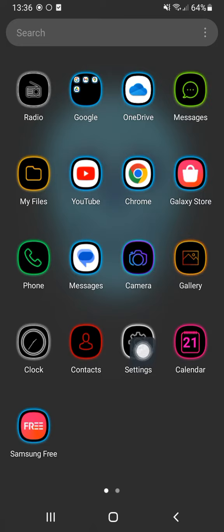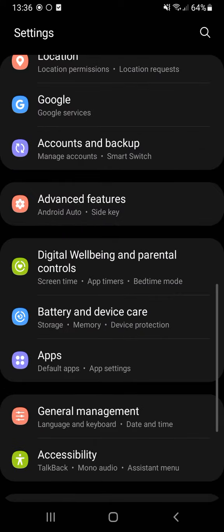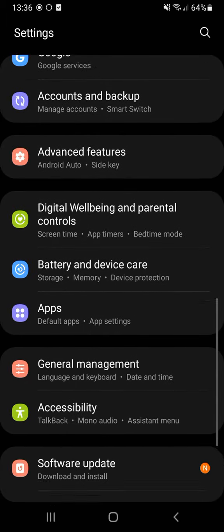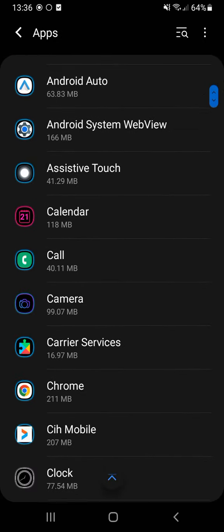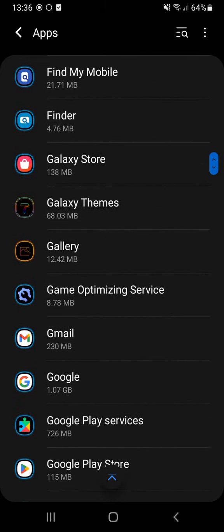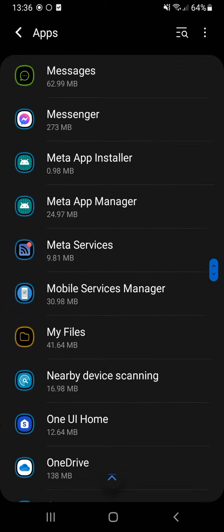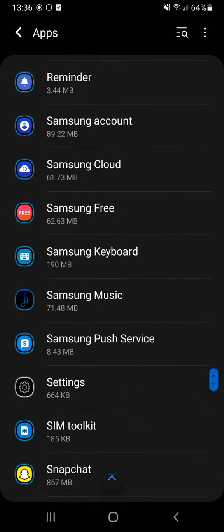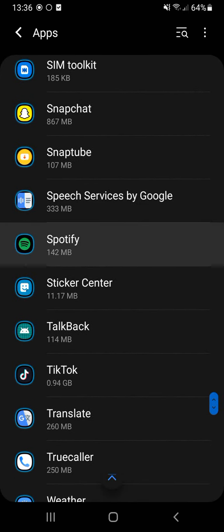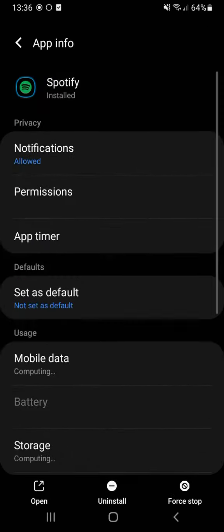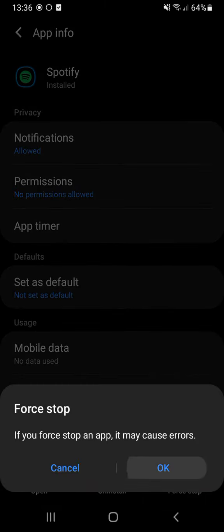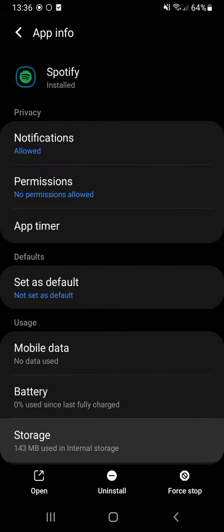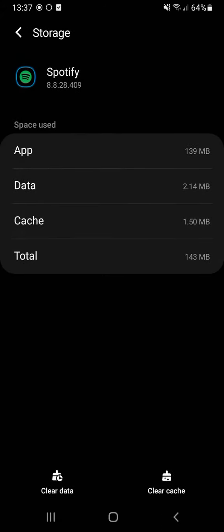So just click here on Settings, then you come to the Settings window and you just go down, you click here on Apps, then you come to the Apps window and you just go down here looking for the Spotify app here in this window. You just go down to find the Spotify app, you click here on Spotify, then you come to the next window, you just click here on Force Stop, then you click here on OK, and you click here on Storage, then you come to the Storage window, you just click here on Clear Cache, then